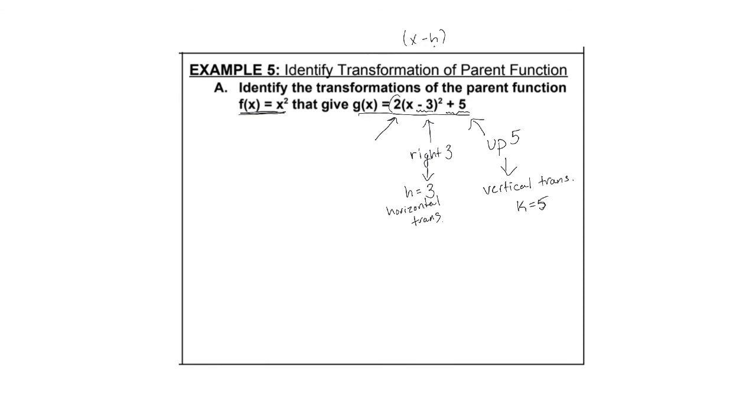Then the last piece is this 2 in front. If we have a number in front, we know we're going to do either a stretch or a compression. If we look back to example 3, part A, we graphed the function g of x equals 2 times f of x. That's exactly what's happening here. We have another 2 outside of our function that's being multiplied to it. So what we're going to get is a stretch, a vertical stretch